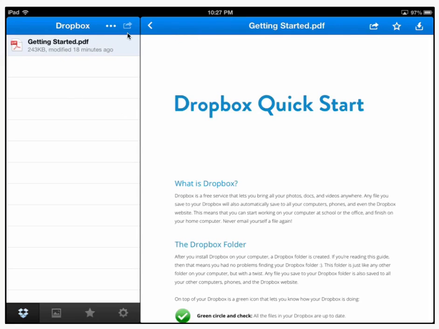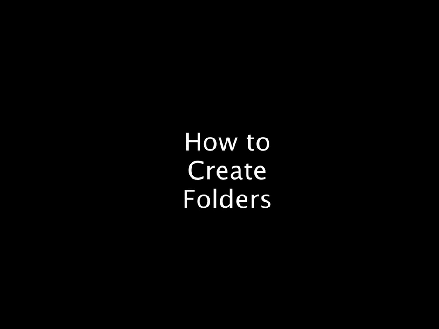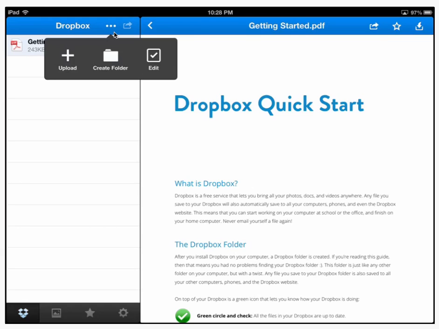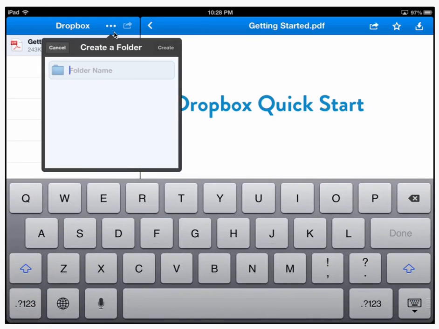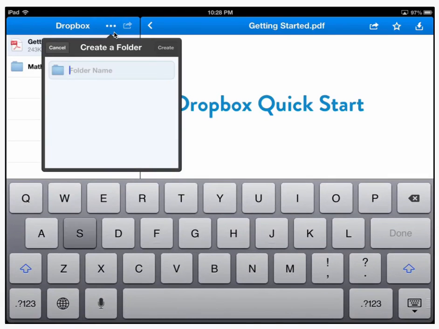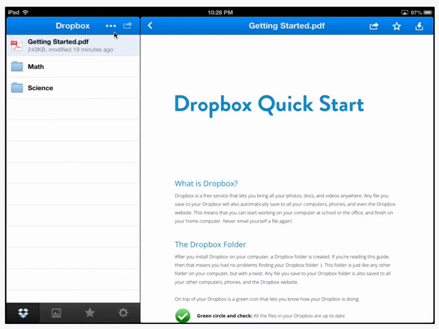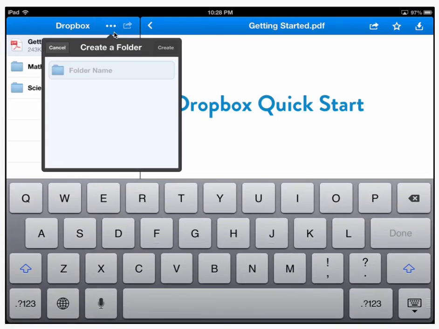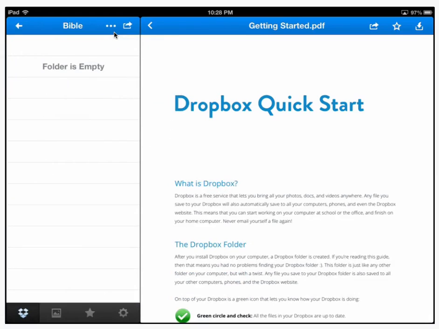For our students, we want them to go ahead and start organizing their Dropbox. We want to create some folders. Let's create them based on the class. Let's create another one. And I would recommend that you go ahead and create all of your folders so they're there when you need them. So the first time your students will log in,